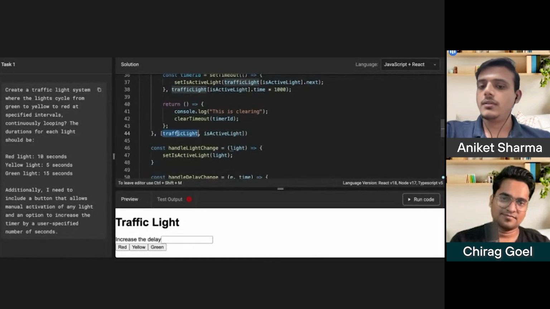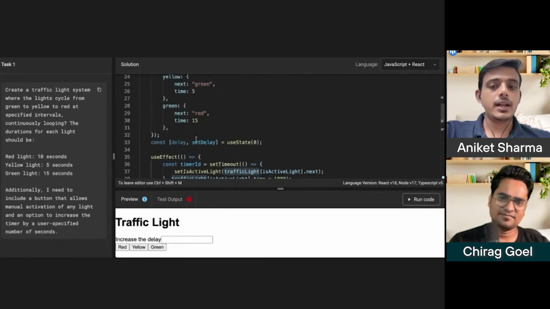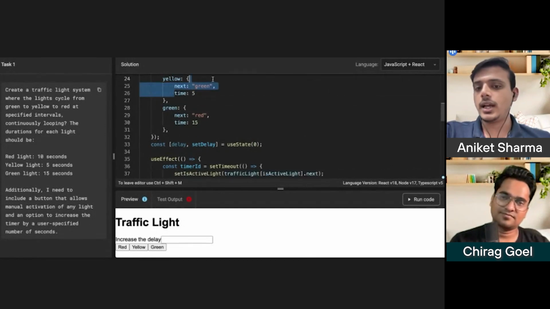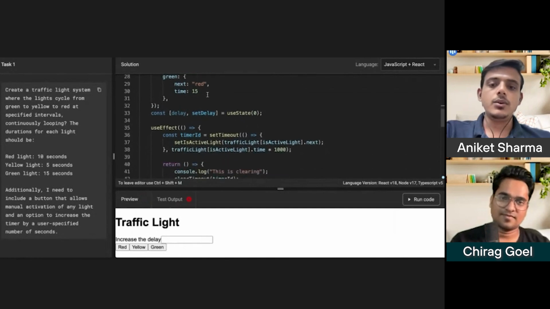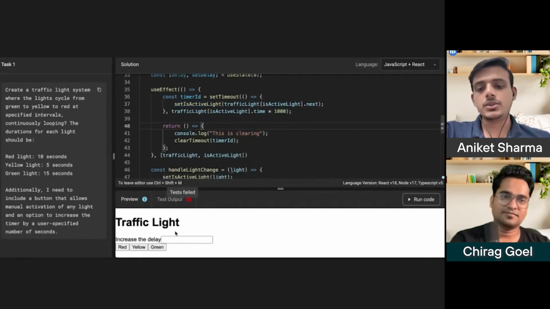Now, as we already have an instance of traffic light, which contains the green, yellow, and red objects, and they have a time property, we already have the active light, so let's suppose it is green.